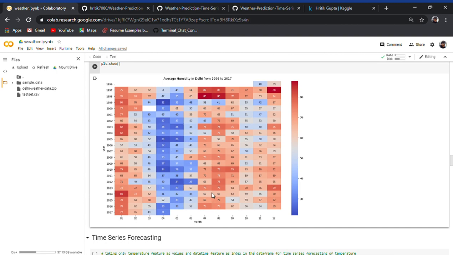This is the heat map for the average humidity in Delhi. Here you can see that March, April and May have the lowest humidity compared to the other months.